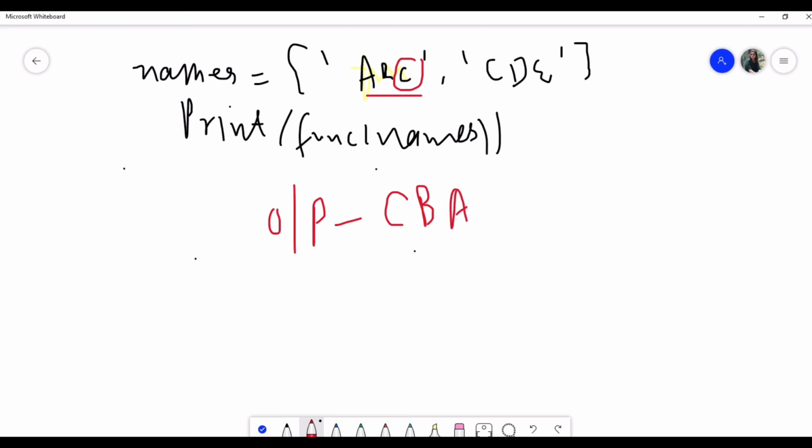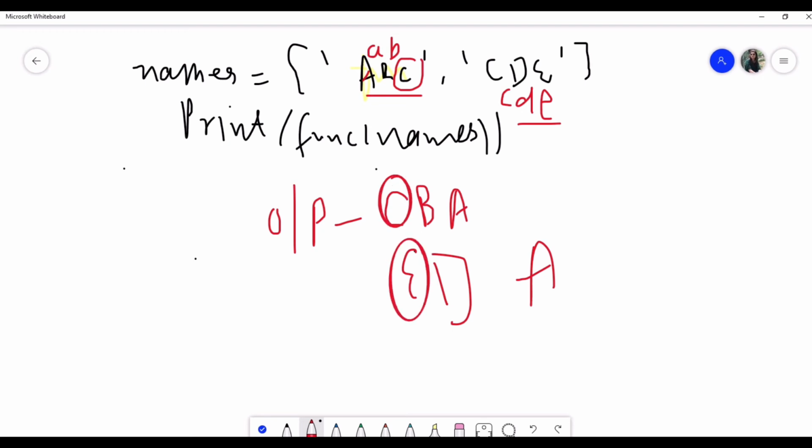And if it has to give this, then E should be the reversed thing, and E should be capital. Instead of this, you can write small letters a b c, c d e, so that there is no problem and you come to know whether the first letter is becoming capital in the output or not. So this is the problem I am telling you, you have to sort it out. Can you do it? Okay, let's try that.